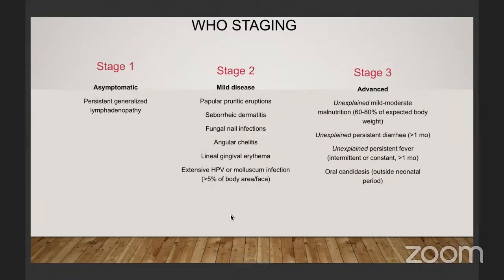And then stage 3 is where there's advanced disease. They can have unexplained mild to moderate malnutrition that constitutes 60 to 80% of expected body weight, unexplained persistent diarrhea of greater than 1 month, unexplained persistent fever. It can be intermittent or constant, that is greater than 1 month, oral candidiasis outside the neonatal period,